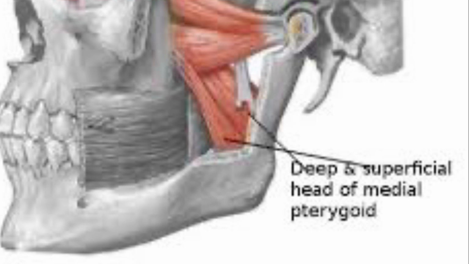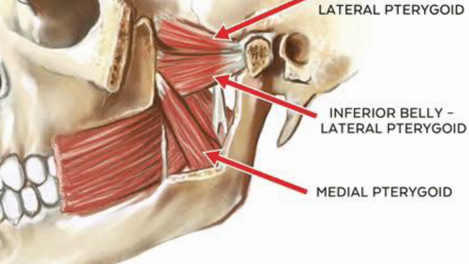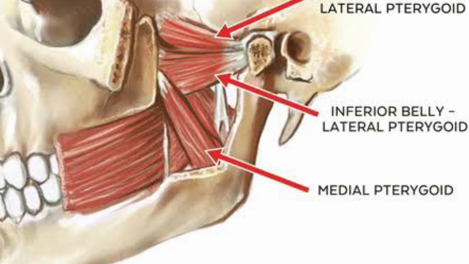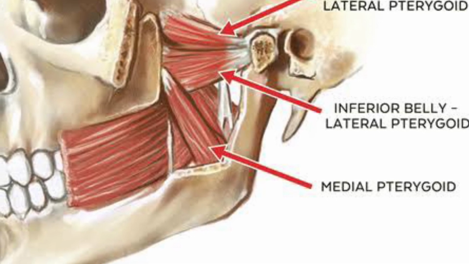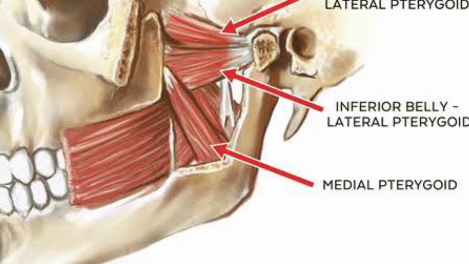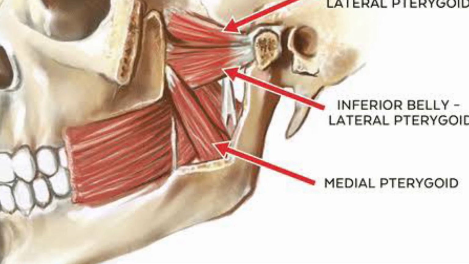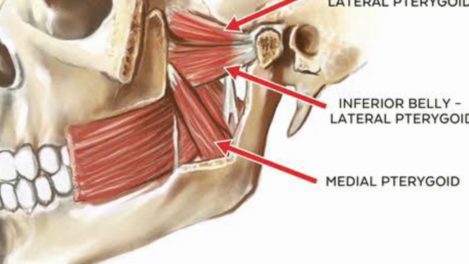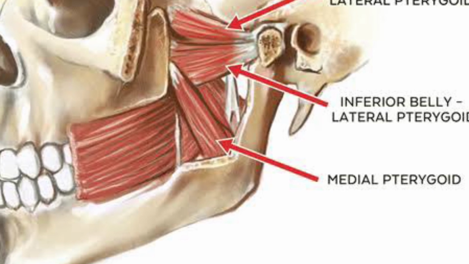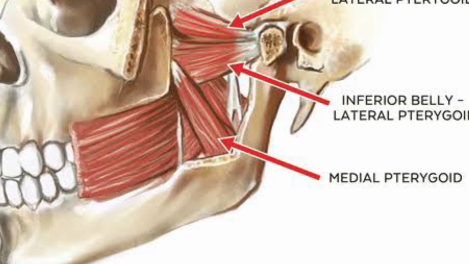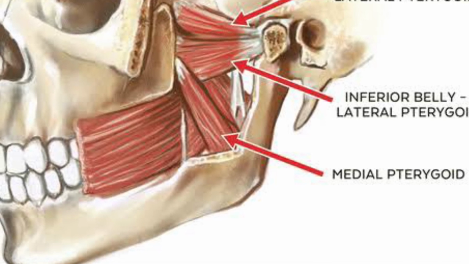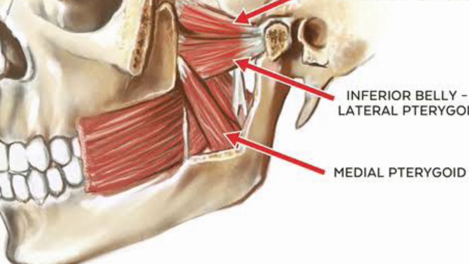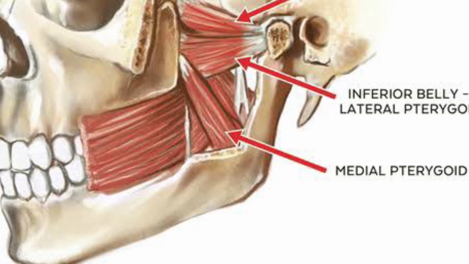The last muscle is the lateral pterygoid. It's a fan-shaped muscle having two heads. The superior head is formed by the most supromedial fibers of the muscle, which originate from the greater wing of the sphenoid bone from the infratemporal crest. The inferior head is much wider and originates from the lateral surface of the lateral pterygoid plate of the sphenoid bone. So both heads arise from the sphenoid bone.